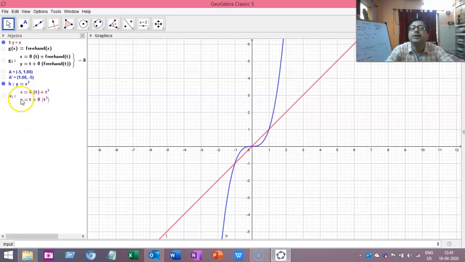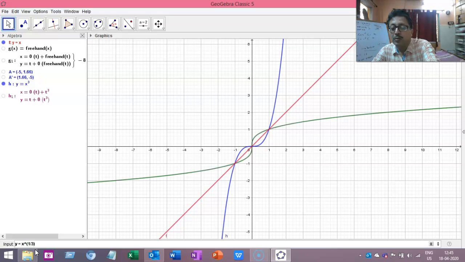Okay, so if y equal to x cube, x will be cube root of y. So the inverse function is going to be y equal to x to the power 1/3.